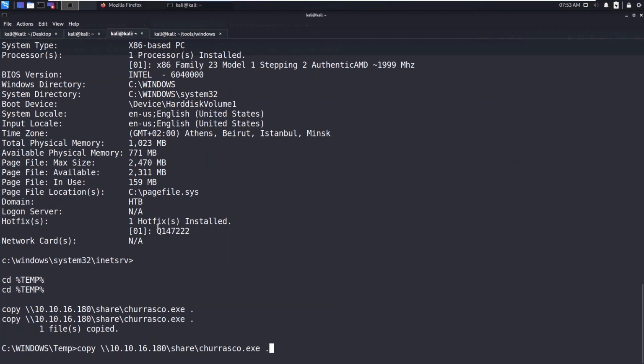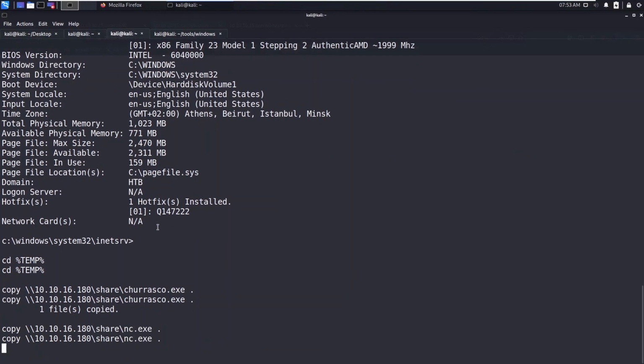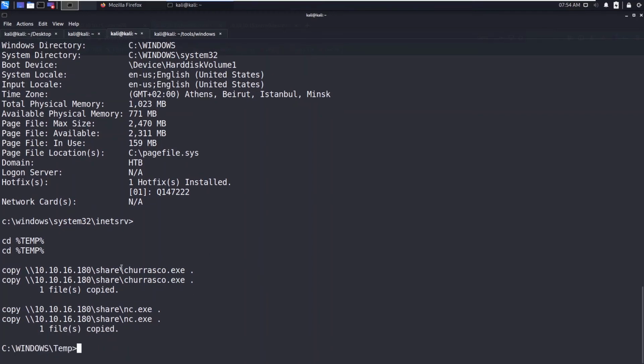You can grab these two copies from the internet. You can search on GitHub. So we have the Churrasco and netcat. We can use the Churrasco to get the reverse shell. It will already impersonate the tokens, and the command will be run as SYSTEM.